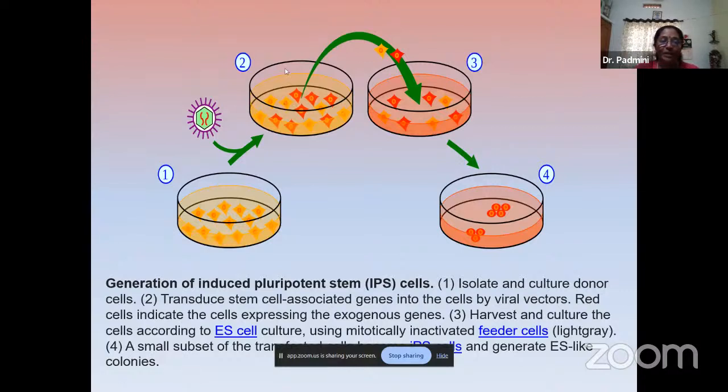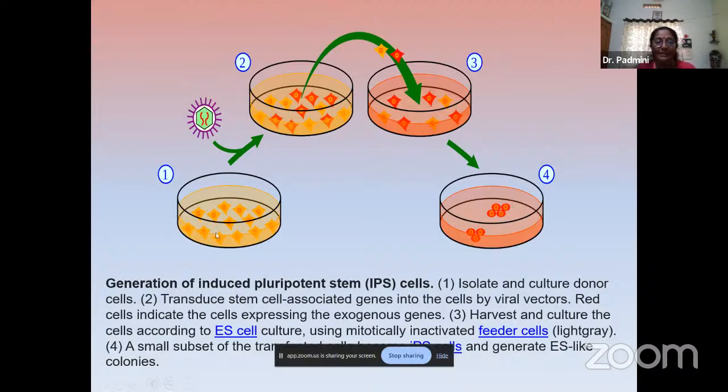So from the viral vectors, they are going to form into the type of cell you particularly want them to grow. Then in the third step, they are going to harvest and culture the cells according to ES cell culture, using mitotically inactivated feeder cells. And then a small subset of the transfected cells becomes the iPS cells, and these iPS cells can generate embryonic stem cell-like colonies. So you have to do up till this fourth stage so that you can